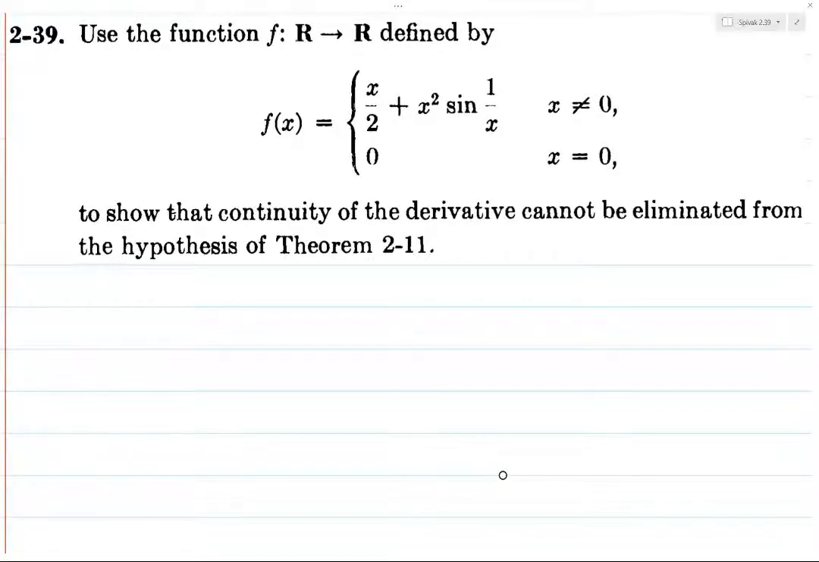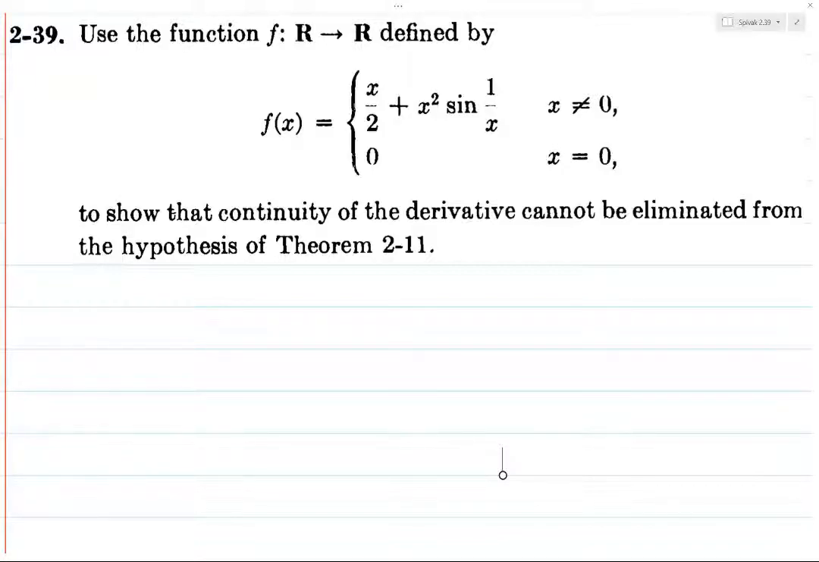Alright, so we have this sort of oddly defined function, and we want to use it to find a counterexample to prove that continuity of the derivative is absolutely necessary in the hypothesis of theorem 2-11. Okay, so we have this function. So let's see here. We want to prove something about